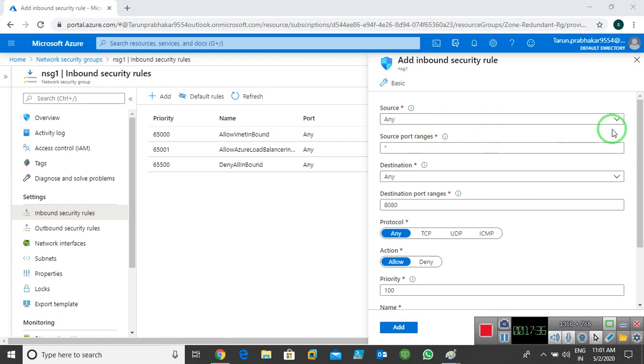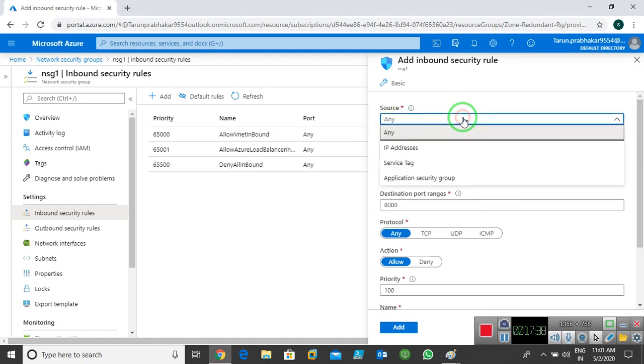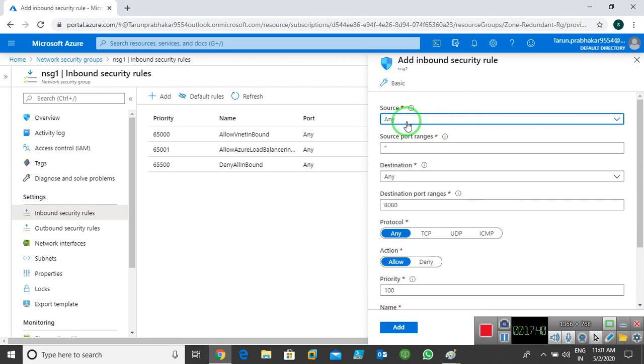As you can see, they ask me the source, which is any. I tell it that any traffic comes to any destination, any port range. So I need to allow my port number 80, and I use the TCP protocol over there.